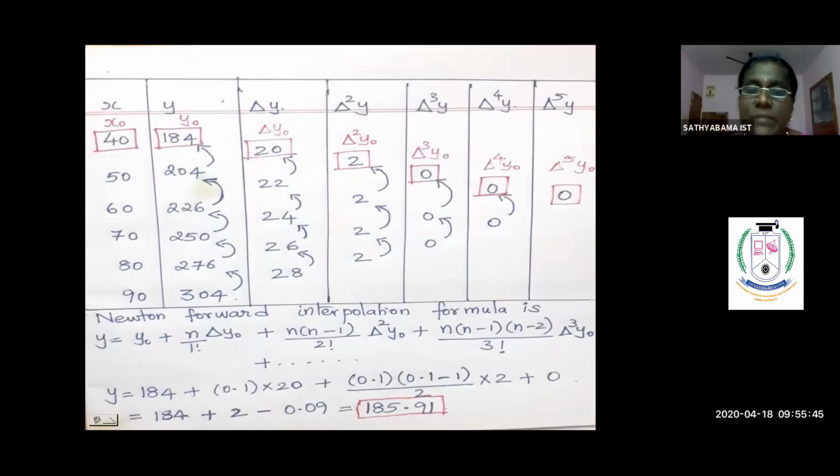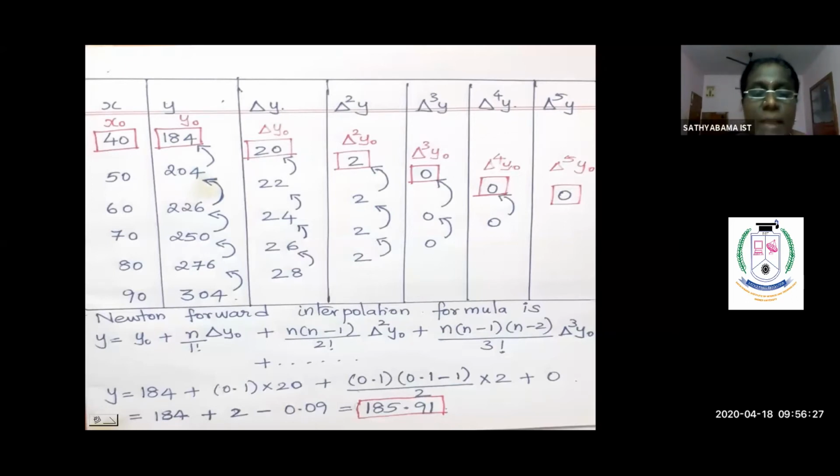Whenever decimal values are there in the calculation part, consider up to 4 decimal places. When you consider up to 4 decimal places, see the 5th decimal place. If the 5th decimal place is 5 or greater, add 1 to the 4th decimal place. If the 5th decimal place is less than 5, you just neglect the 5th decimal onwards and consider up to 4 decimal places. So again, I repeat, whenever you get decimal numbers in your calculation, you consider decimals up to the 4th decimal place. And then you consider the calculation approximate finally.